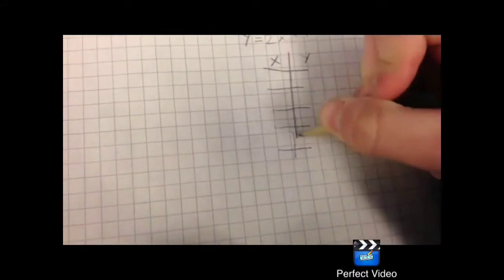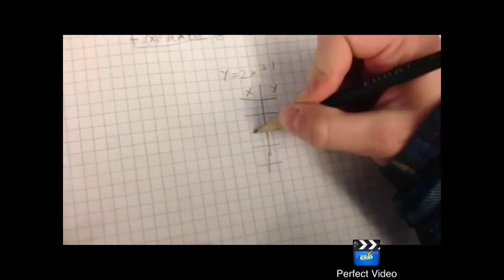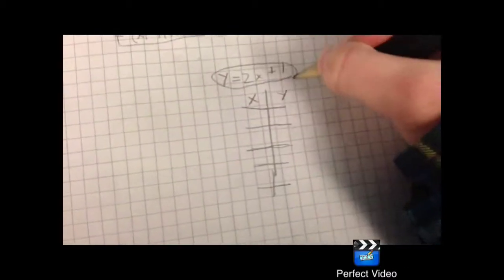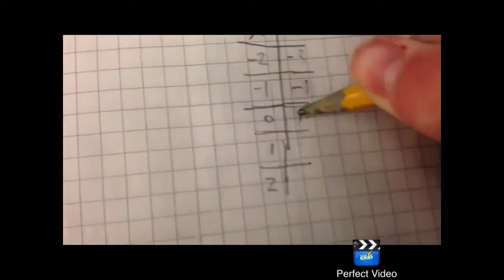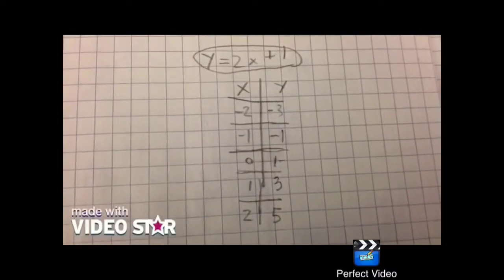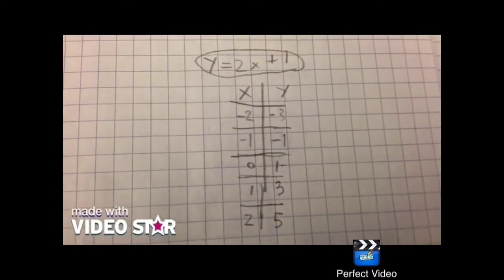Anyways, let's make an x and y table for this function that I made up, which is y equals 2x plus 1. The table is going to help us graph the function, so we can graph it on an x and y graph. So I drew myself a little x and y graph, also known as a coordinate graph. It has lots of other names. And anyways, I'm going to plot all the points that I drew in my x and y table, which are